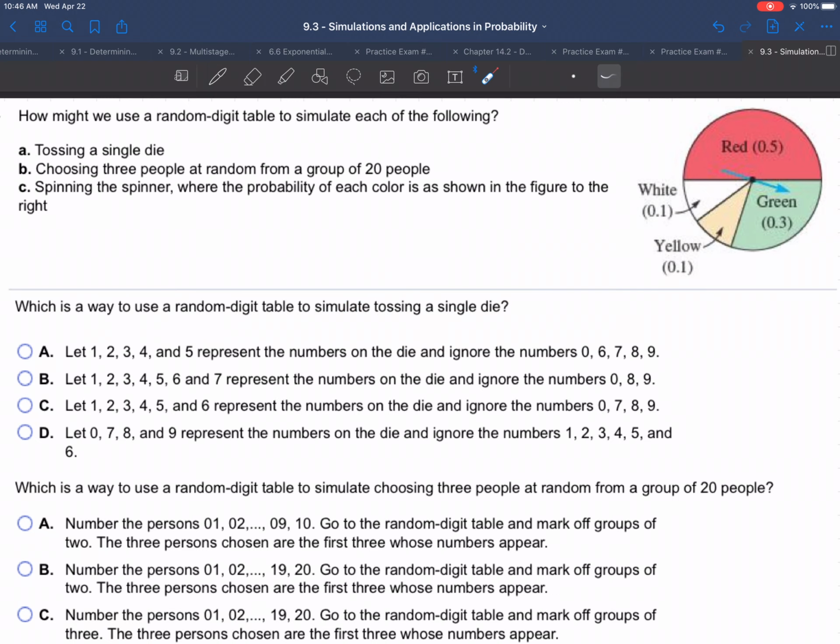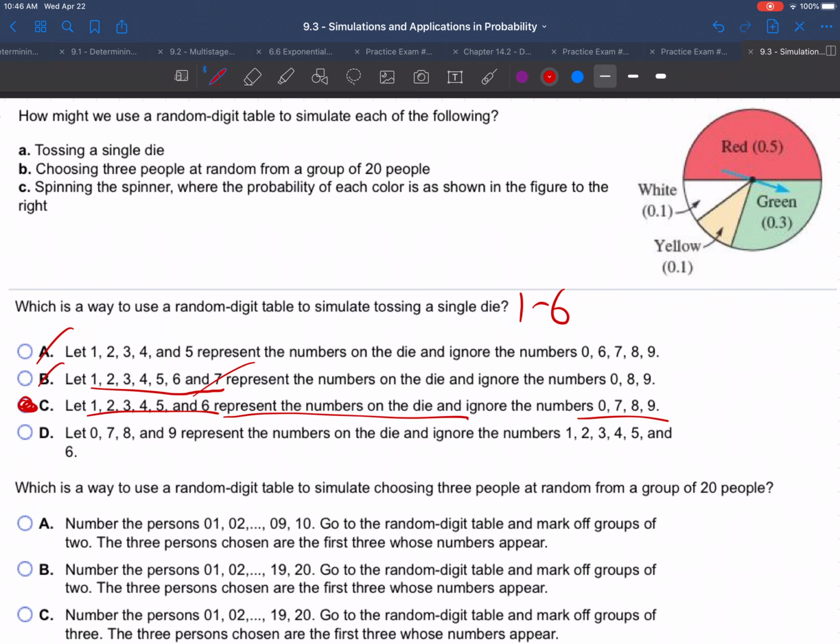Let's read through the various possibilities. Let 1, 2, 3, 4, 5 represent the numbers on the die and ignore the others? No. A die has 1 through 6, right? That's not going to work. Let 1, 2, 3, 4, 5, 6, 7? No, it's just 1 through 6. 1 through 6 represent the numbers on the die. Ignore the others. Yeah, that would work. That would work great. So if you wanted to use a random digit table,